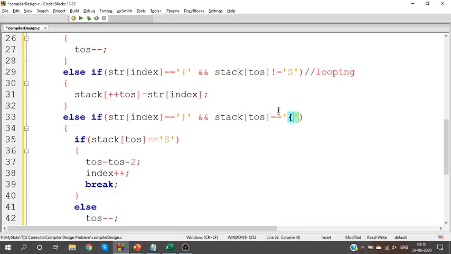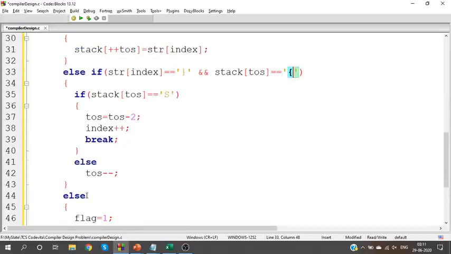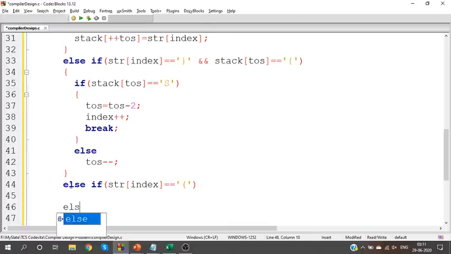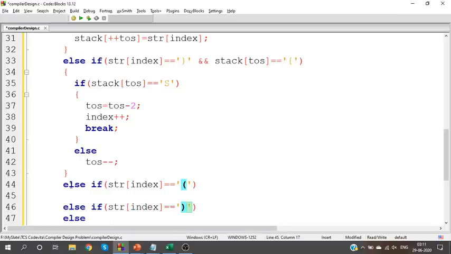For a close bracket, ensure you have an open bracket. So we have completed two instructions. We have completed angular brackets and curly brackets. Next we'll move on to round brackets. Chances are I can have an open round bracket or a closed round bracket.